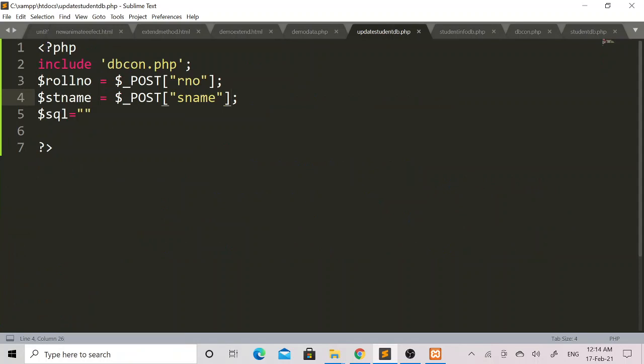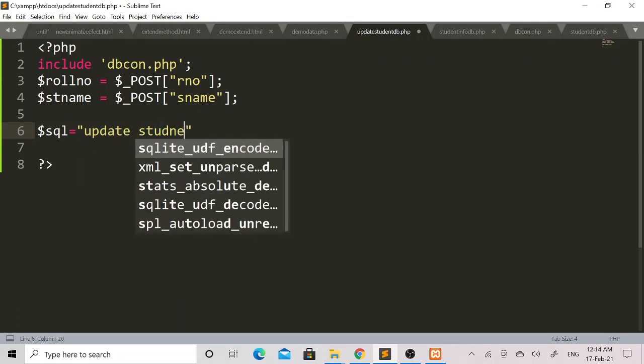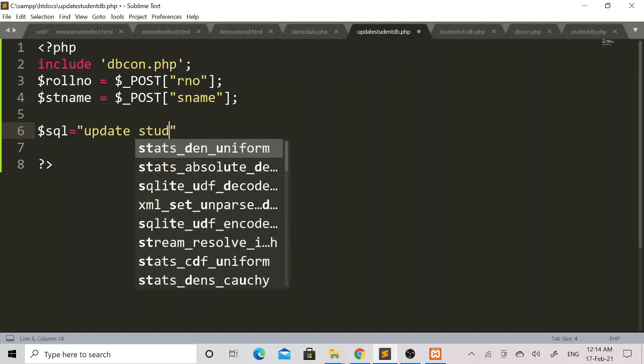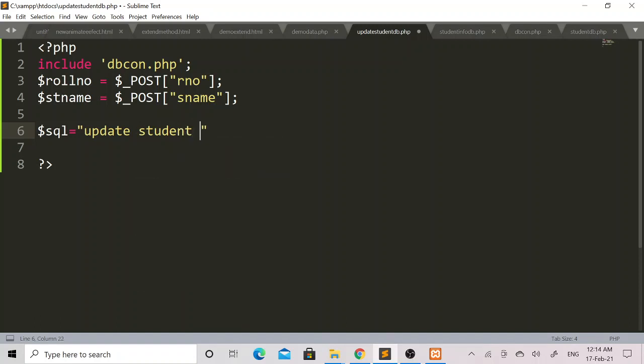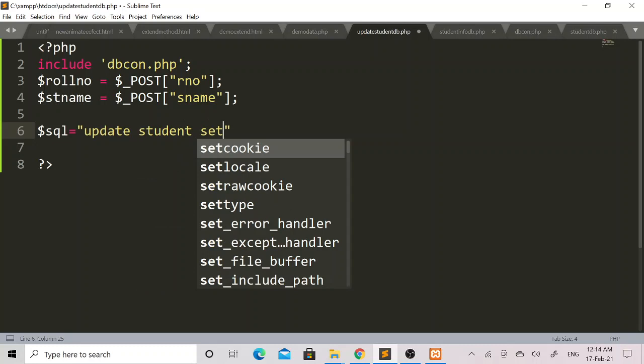So after setting these values, within double quote I will write the update query, and I will assign this update query to the $SQL variable. So the SQL query for updating a table is update, then the table name, that is student, then I will add here set.